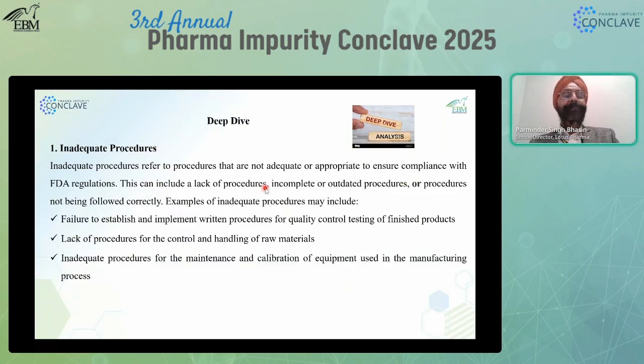Getting more of the deep dive into the inadequate procedures part, because we found that is a critical attribute for the 483 observations and for the corrective actions to be taken. Inadequate procedure refers to procedures which are not adequate or appropriate to ensure compliance with the FDA regulations. For example, failure to establish and implement written procedures for quality control, testing procedures for the finished product, lacking the